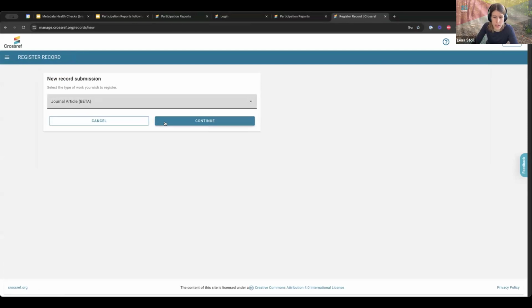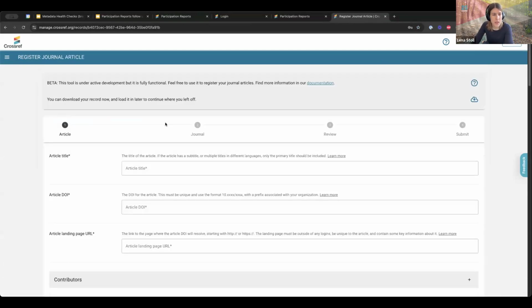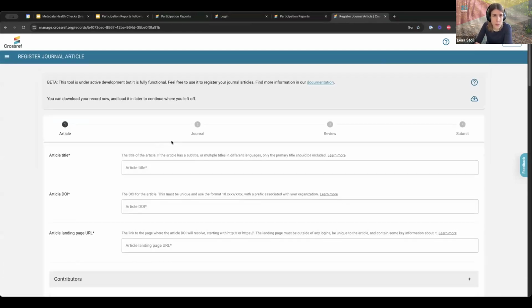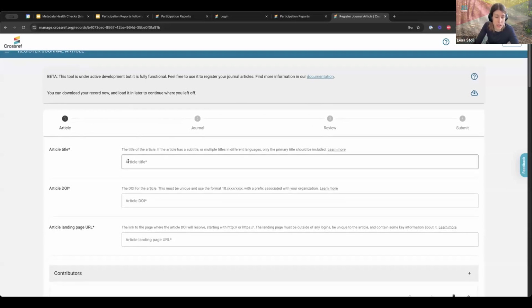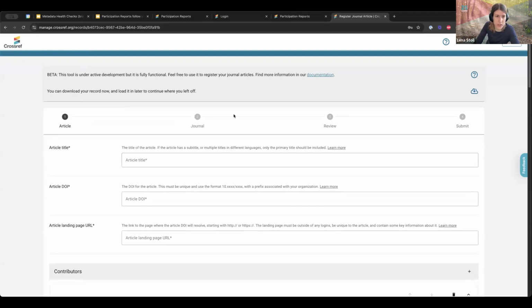We are talking about journal articles now. And then if you continue, you're taken to a form with 3 basic steps where you can enter the metadata of your article, then your journal, and the issue and volume if you want to include that metadata. Then you can check that everything looks correct and then submit to our system.